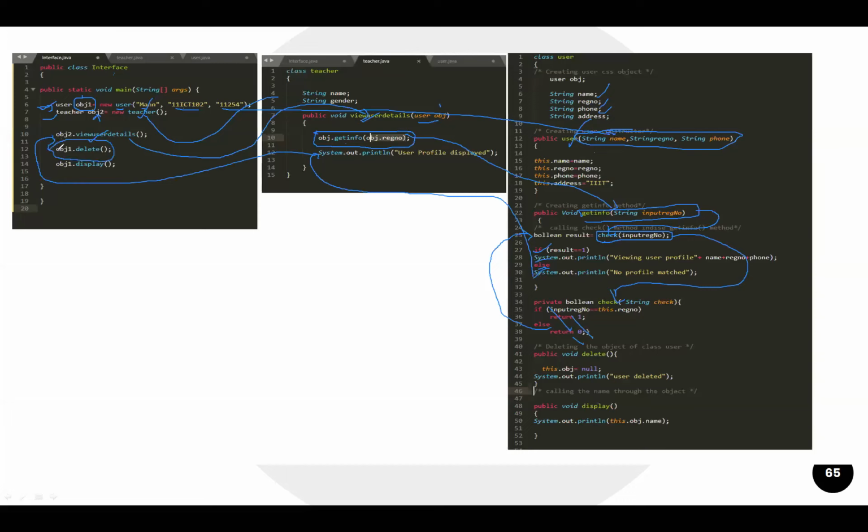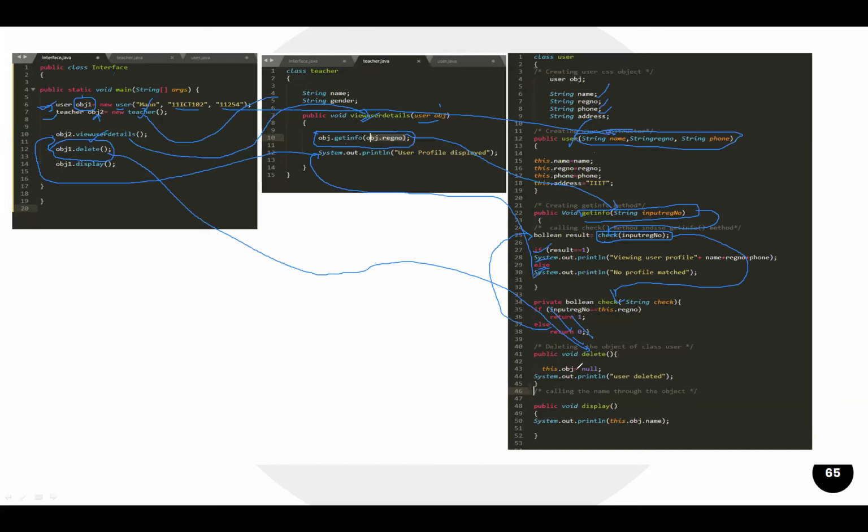Again we are going to call the delete method. Again we are going to call the delete method for what? This is object 1, using object 1. So object 1 is of user class, so we come to the delete method. So where is the delete method? Here is the delete method. Using this delete method, what we are doing? We are going to set the object of this class as null.